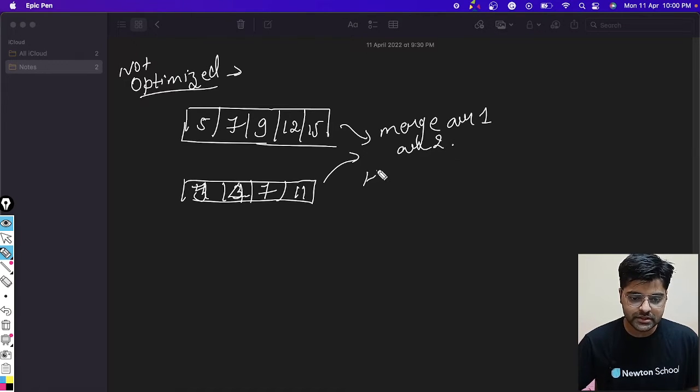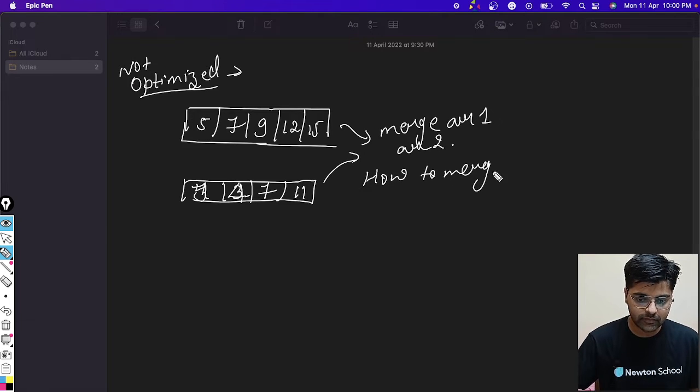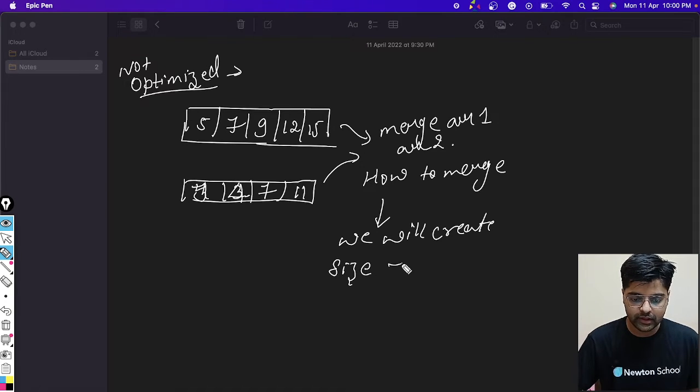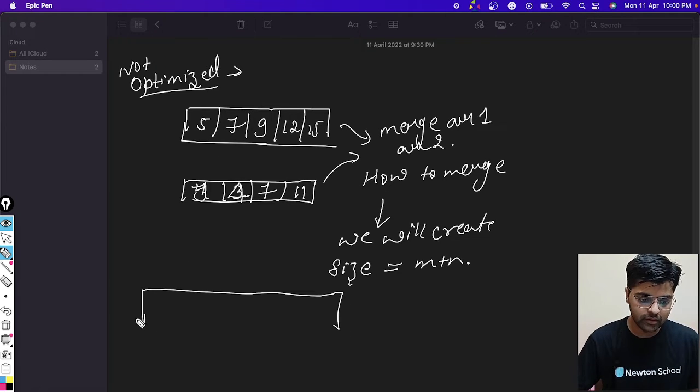How will we merge? We will create a new array of size m plus n, right? Put the elements like 5 7 9.